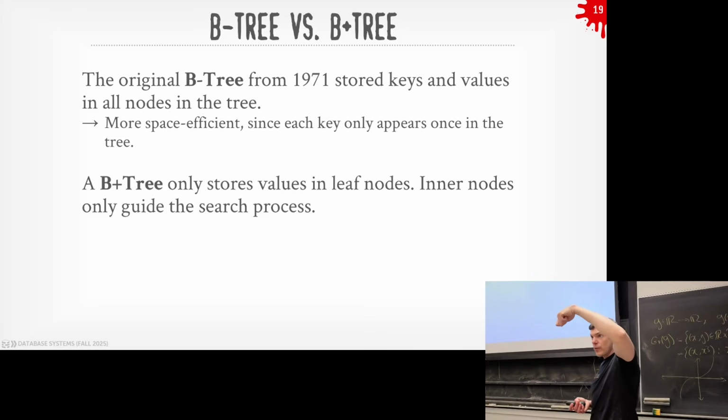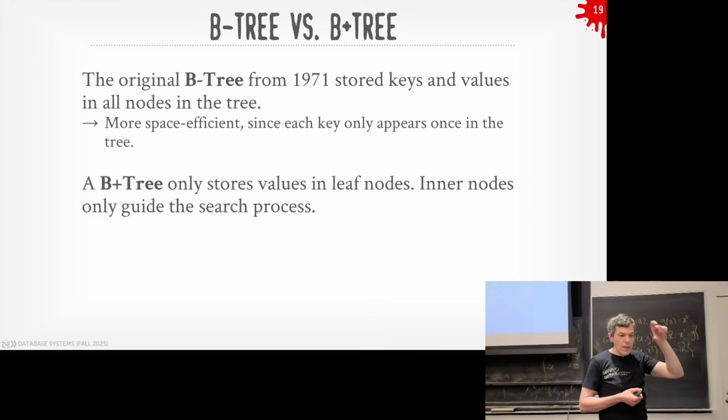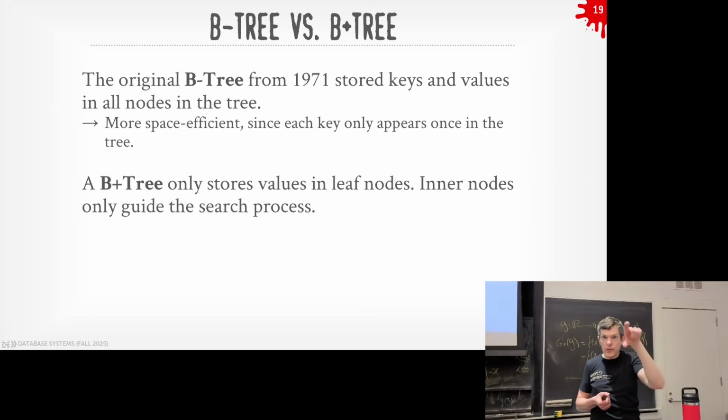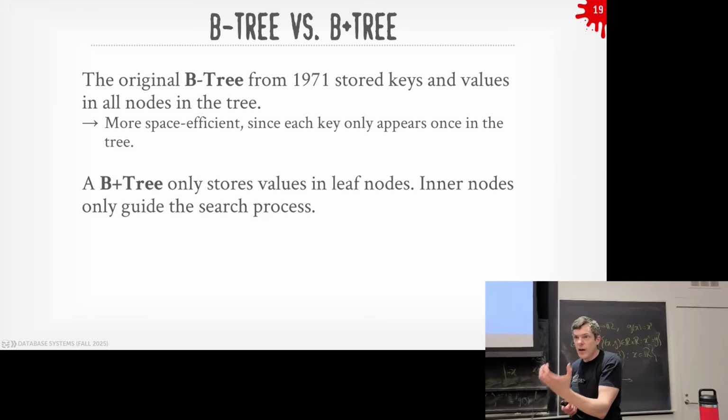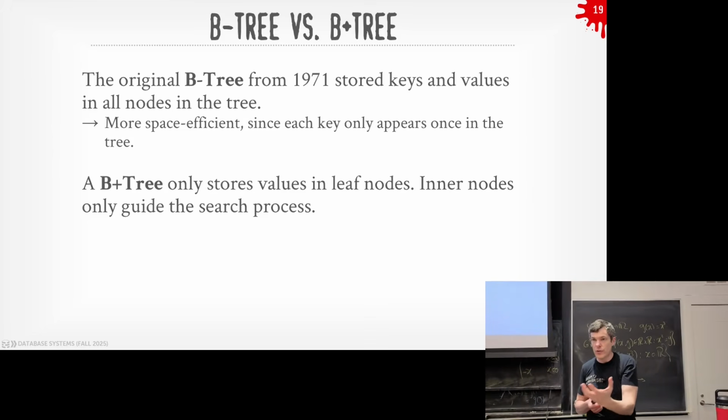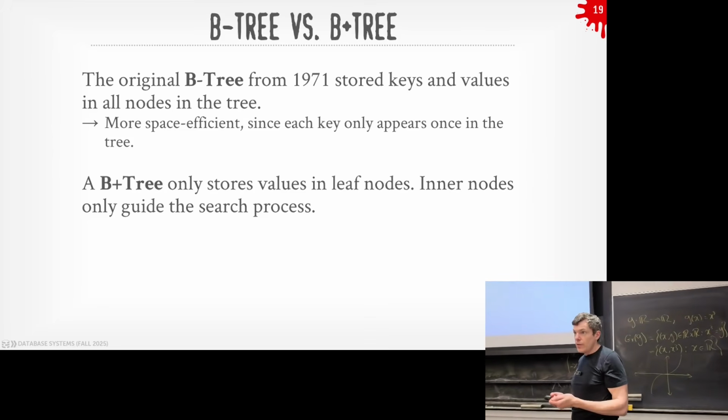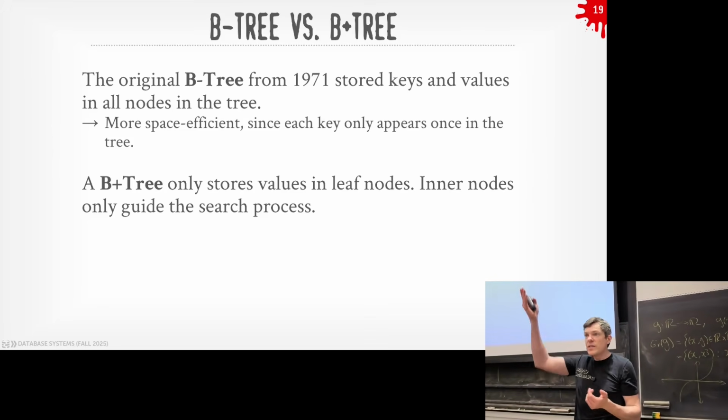Meaning, if I'm doing traversal to find the key that I want, I may hit the first root node, find the key that I want, and get the value right then and there. In the B+Tree, the values, like the record IDs or whatever it is that's actually representing the data of the tuple that I'm trying to find in my data structure, only exist in the leaf nodes. So in order to find whether a key exists, I always have to get down to the leaf node. And it's either there or not there.